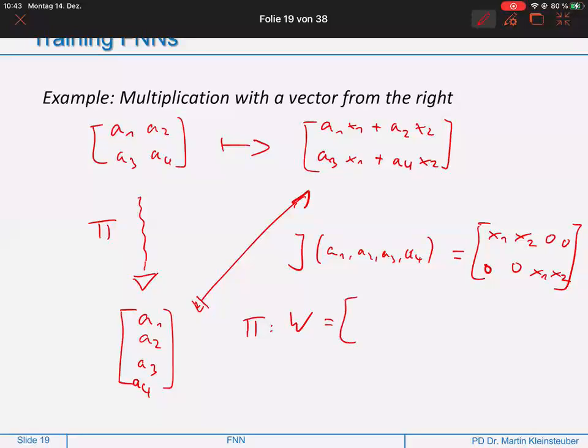If I say W consists of these columns, W1 transpose up to WM transpose, then this is mapped to W1 onto WM. If this is the general way of doing that, then the Jacobi matrix of